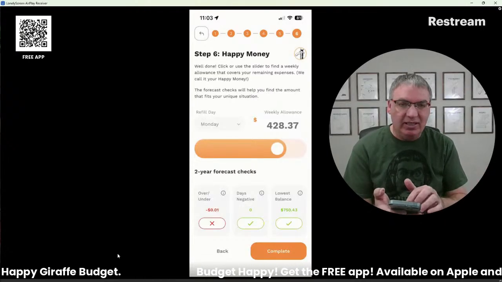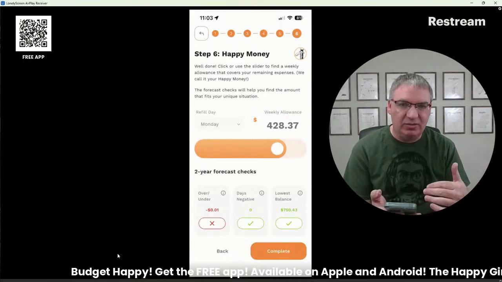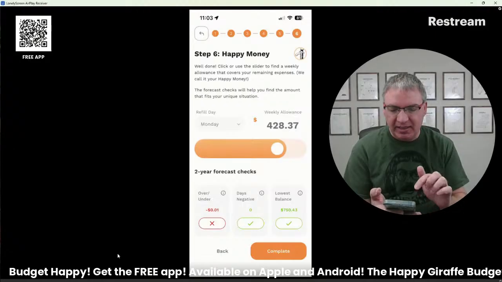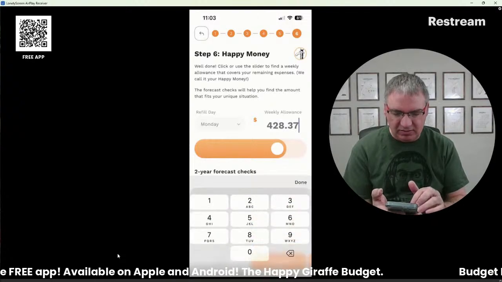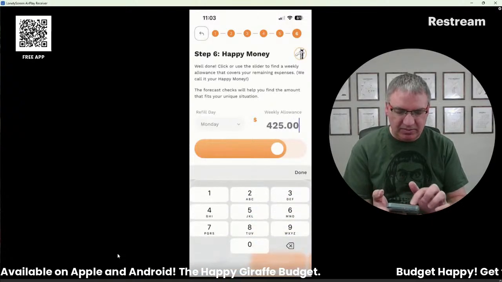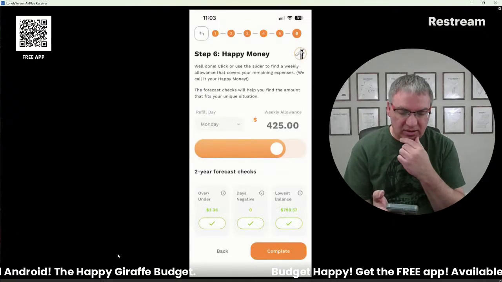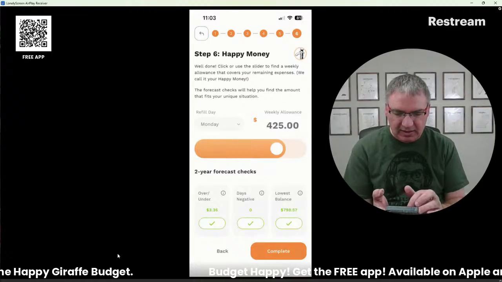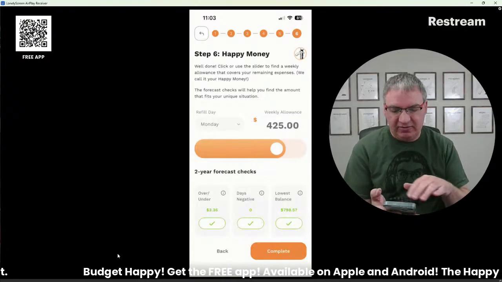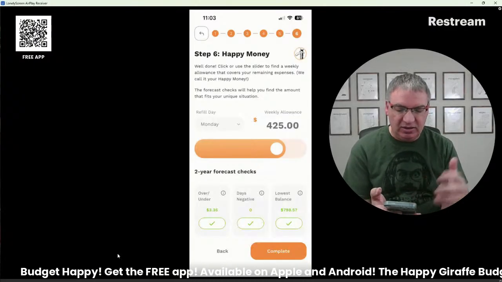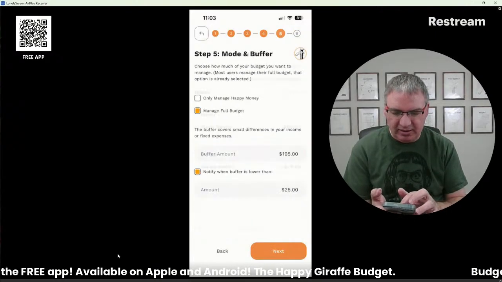I'm never going to go negative. My account's never going to go negative in this example. And the lowest my balance will ever get is $750. So it's helpful though to make sure that you're not overspending. So let's see, put that back to 425. Actually, let me do an example that is more typical. So this is a good ideal. Like you want to have your days never go negative. Your lowest balance is a pretty good healthy amount.